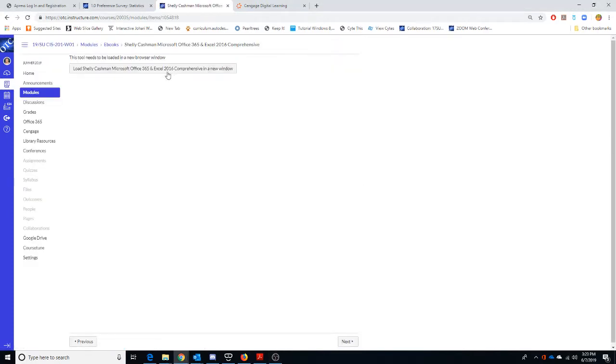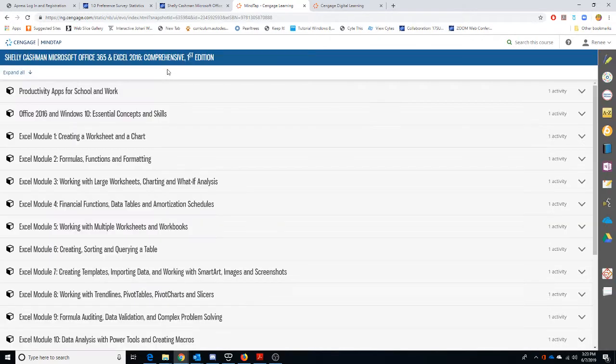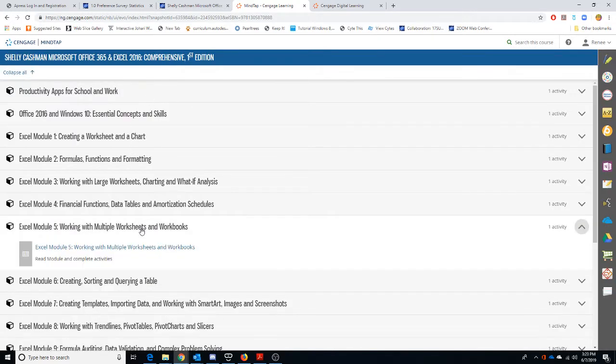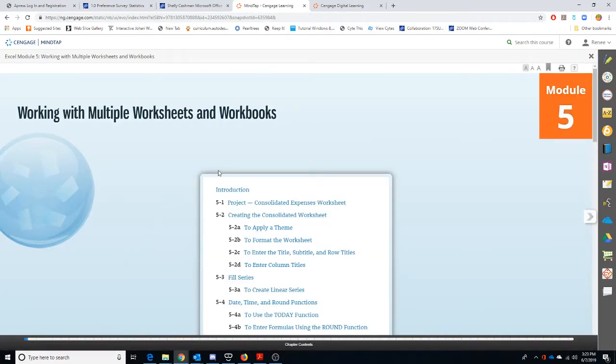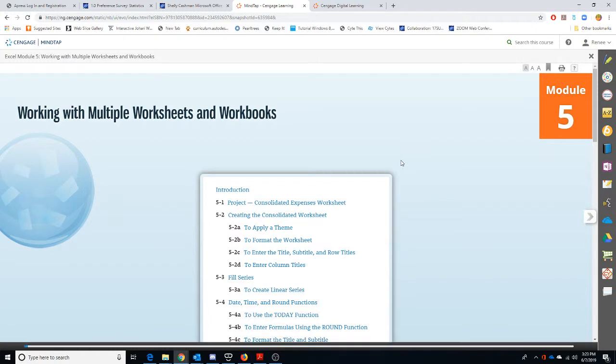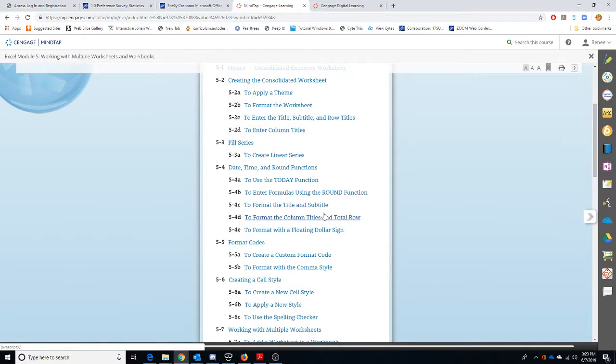So I'm going to open that. And I'm going to go to Module 5. Module 5 has a lot of objectives for us. We're going to be looking at setting up our worksheets and notebook with a theme and doing some formatting, working with some date functions,